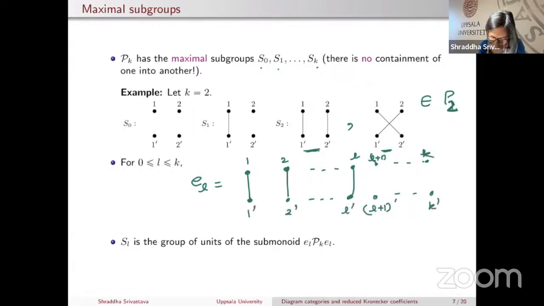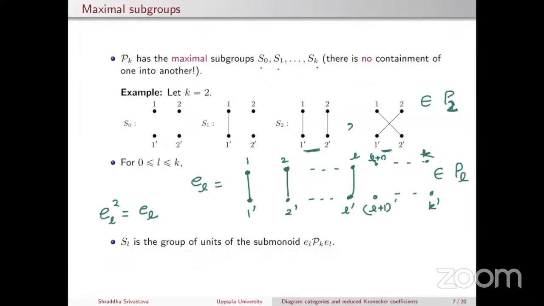This lies in the partition monad PL, and EL squared is EL. Then the maximal subgroup SL, the symmetric group on L letters, is the group of units of the submonad which is obtained by